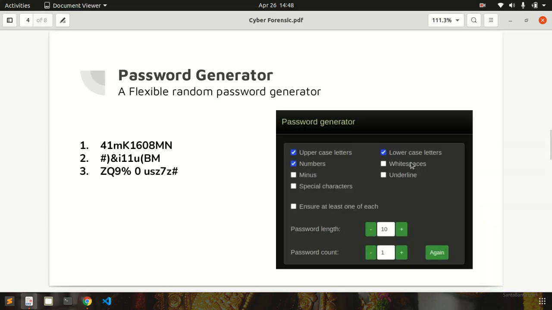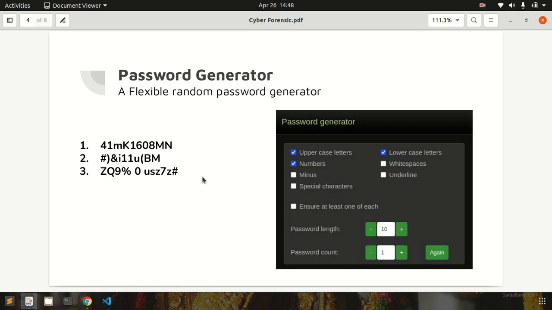The second feature is the password generator. This is also a very helpful feature, because mainly we use our birthdays or some important dates as a password. It sometimes gets very difficult to think of difficult passwords for security purposes.